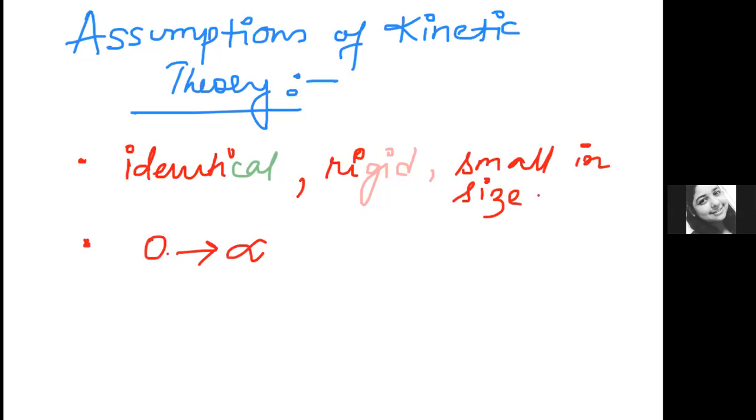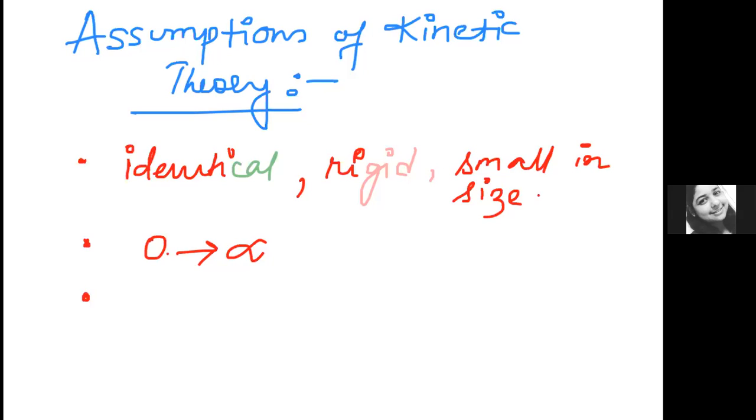So the first thing that you should keep in mind is that it's an ideal concept. So the velocities must be ranging between 0 to infinite, and the velocity of a molecule increases with temperature. Okay, so this is a very important thing, that the velocity increases with temperature. Don't forget this. During the motion, the molecules collide against each other and with the walls of the container in